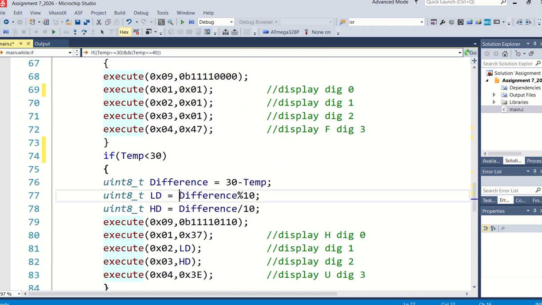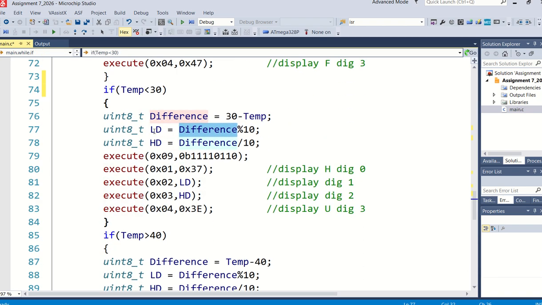So let's say the difference is 12. I've got my 2 sitting in LD, and HD takes that 1, for instance. But now, as I've said, the second one from the right and the third one from the right must be numbers. So this is why I'm now changing. In the previous case, I had it as just a segment being switched on G, but here I'm saying, no, there's going to be a number now.